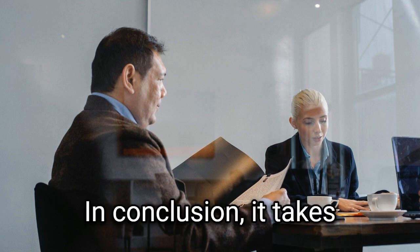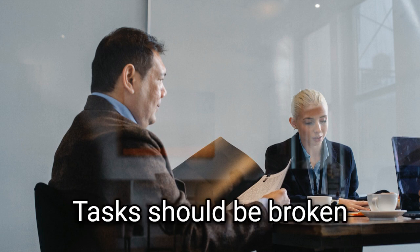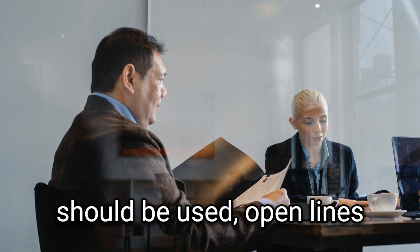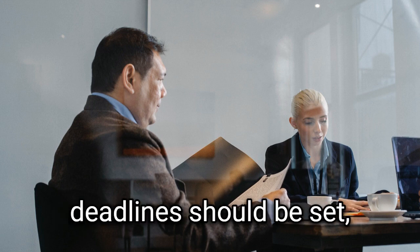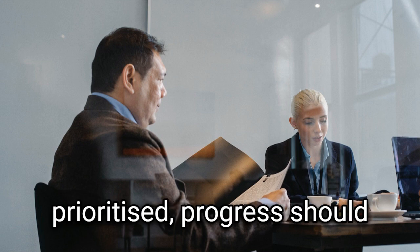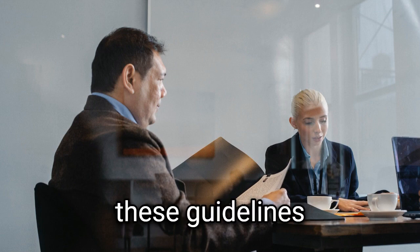In conclusion, it takes a number of methods to confidently manage a complex project. Tasks should be broken down into smaller chunks. A project management tool should be used. Open lines of communication should be established. Reasonable deadlines should be set. Backup plans should be created. Tasks should be prioritized. Progress should be tracked. And milestones should be celebrated. If you stick to these guidelines,